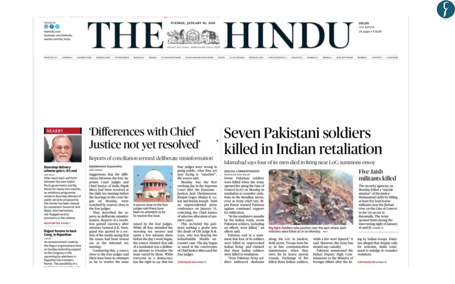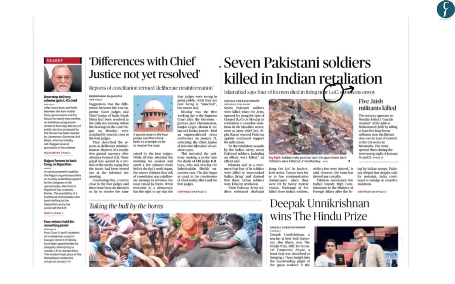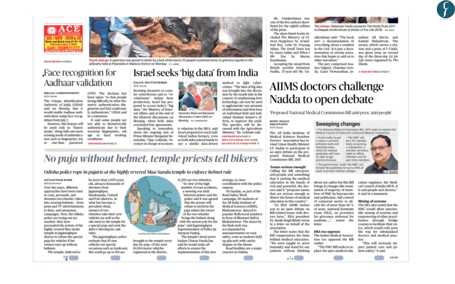Now let us begin. From page 1, we would be analysing four news items. First, we need to know what an LoC is and how it is different from the international boundary between India and Pakistan. The second news is the face recognition for Aadhaar card. The third is the Israeli Prime Minister's visit to India. And the fourth and last news from page 1 is on the National Medical Commission